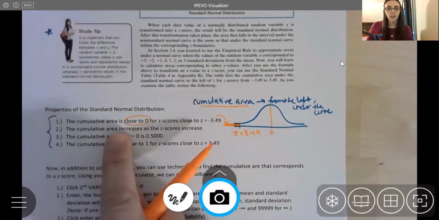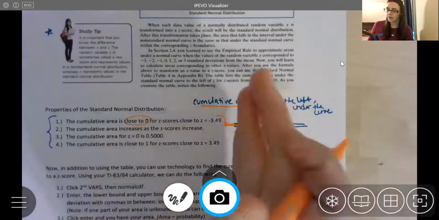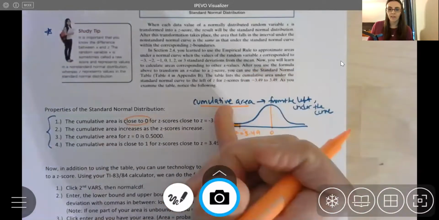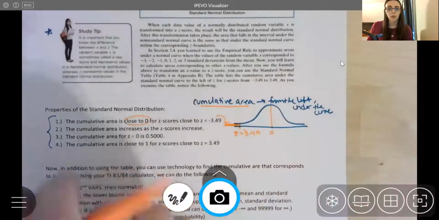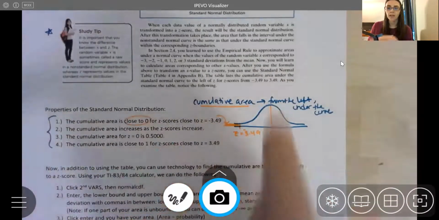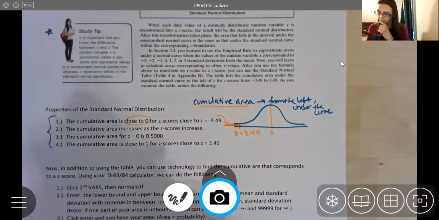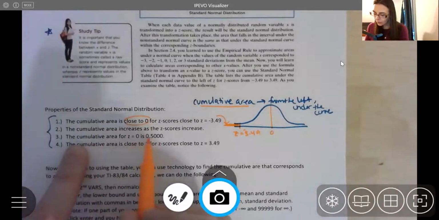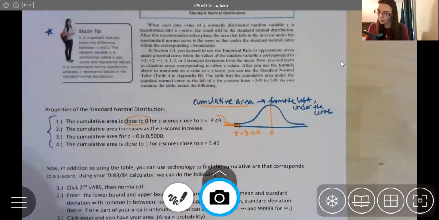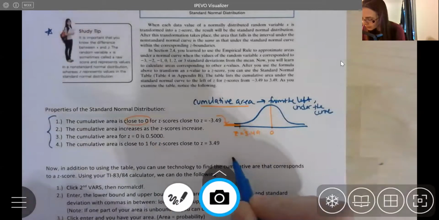The area increases as your z-score increases. So as that z-score moves to the right, then you have more area under the curve. So when we talk about cumulative area, it's always shaded from the left specifically. When z is equal to 0, your cumulative area is 0.5. So for instance,